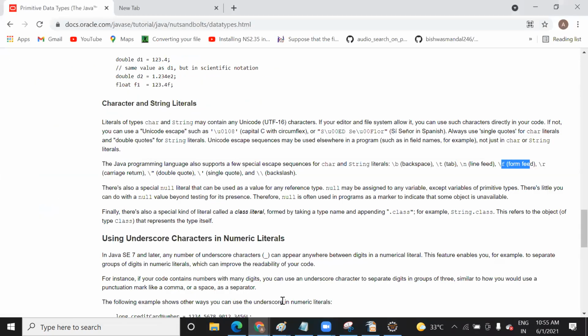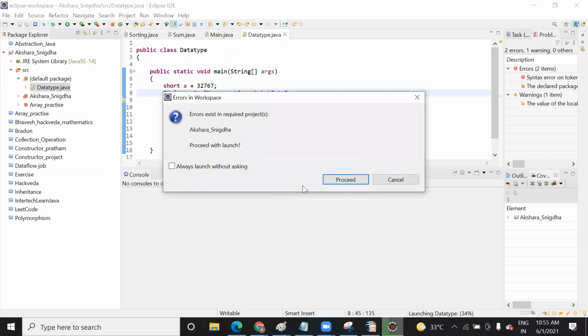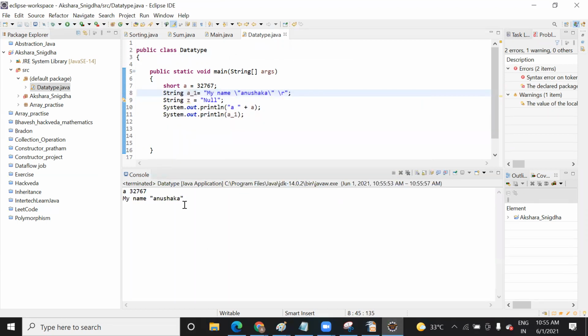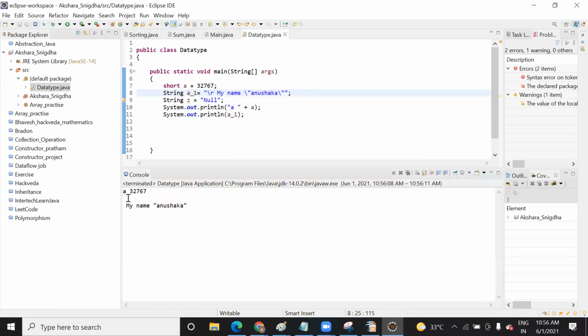Carriage return means we bring the cursor to the first character of the line. So let me show you that. Here, when you edit slash r, see, it is giving a carriage return.